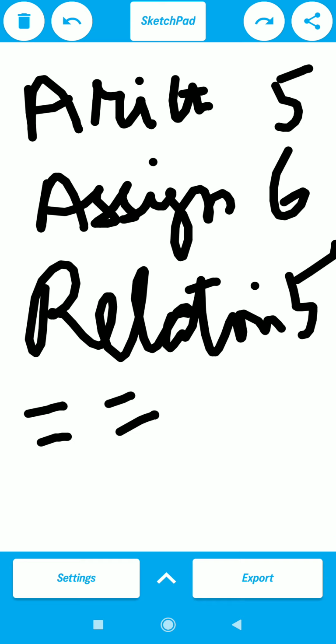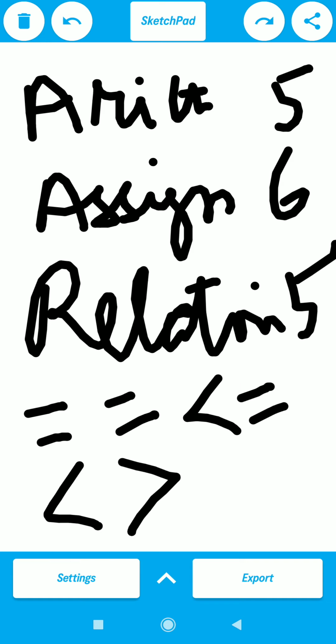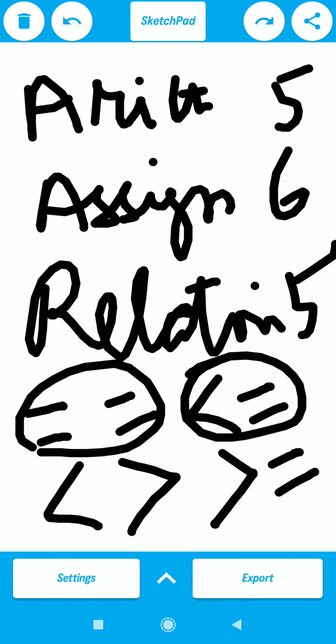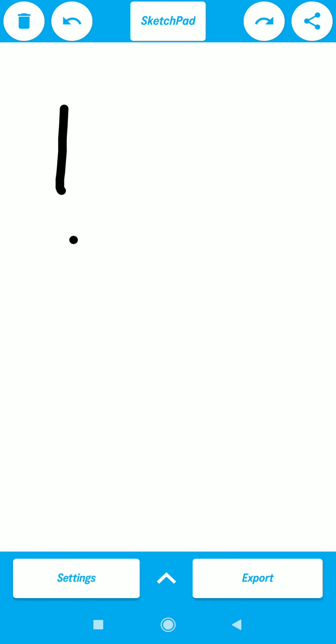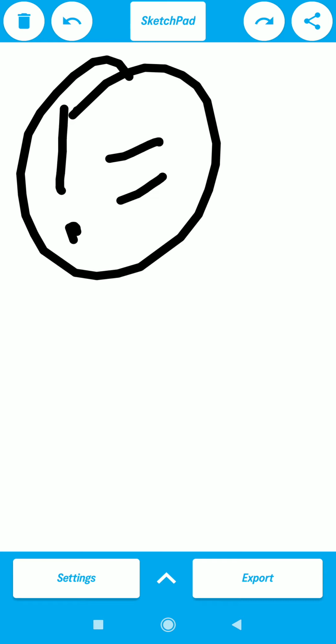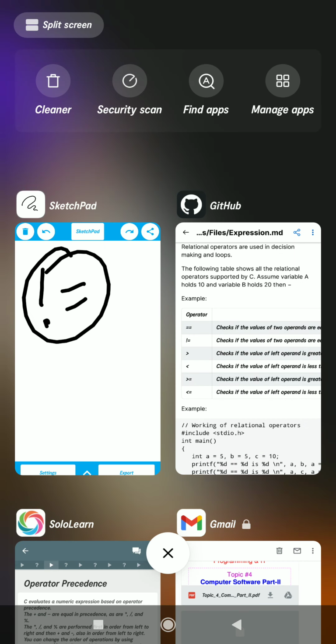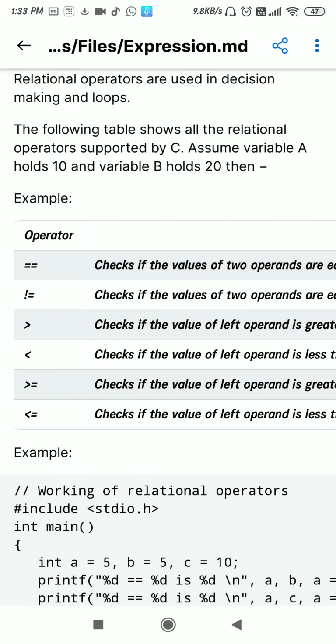Equals to, greater than, then greater than equals to, less than equals to, 1, 2, 3, 4, 5, right? And the last one is not equals to. Let me check whether I am right or wrong. Yes. Equals to, not equals to, greater than, greater than equals to, less than equals to.